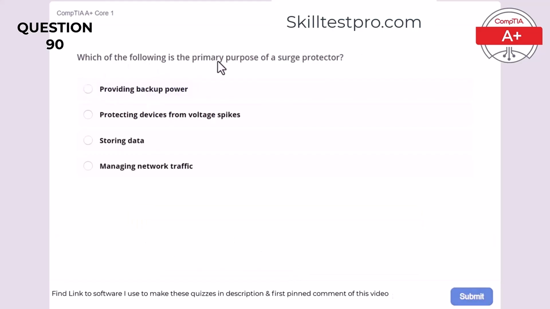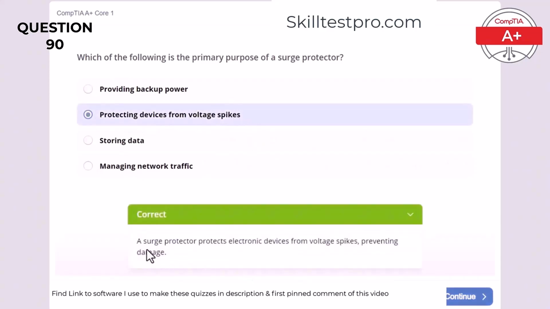Which of the following is the primary purpose of a surge protector? Providing backup power, protecting devices from voltage spikes, storing data, or managing network traffic. And the correct answer here is protecting devices from voltage spikes, as the surge protector protects electronic devices from voltage spikes,